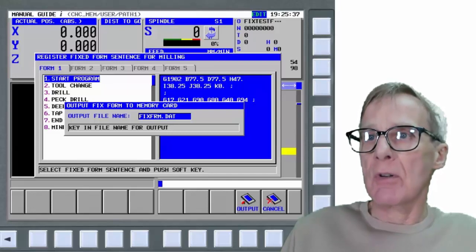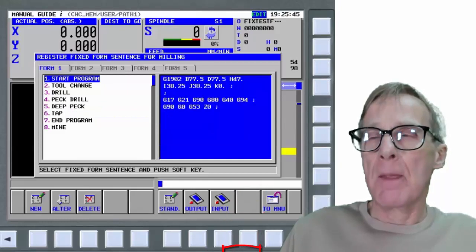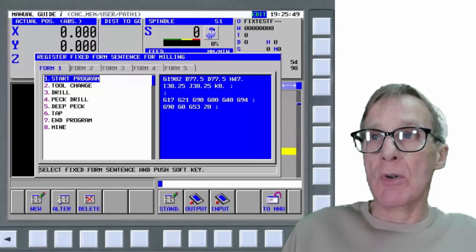You can just write GJK or whatever it is, I don't know, call it that, and then output. That saves that, and then likewise you can read it back in, but we'll overwrite what you've got there,